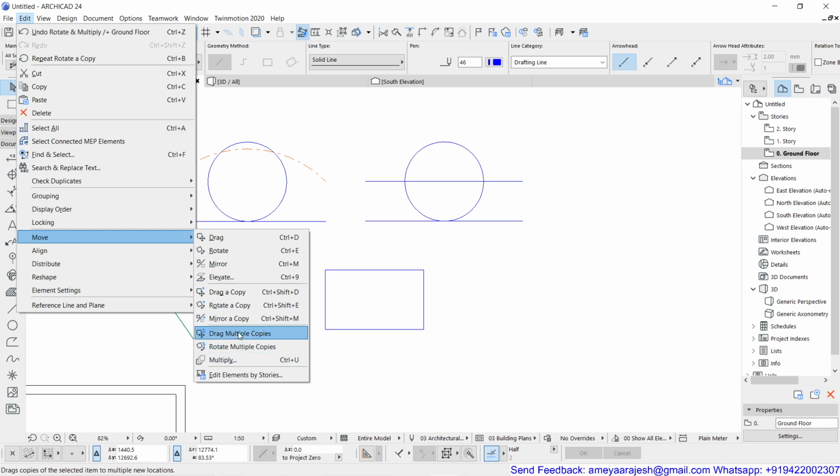But if you work for multiple options, then this is supposed to be. But multiply and mirror is not together, in the sense the way I can synchronize drag a copy and drag multiple copies. Same way I can synchronize rotate a copy and rotate multiple copies. In that manner, I cannot work for the mirror and mirror a copy, in a progressive manner. Multiply is in no way relevant to that. Multiply works in some different manner. So we will work for this later.